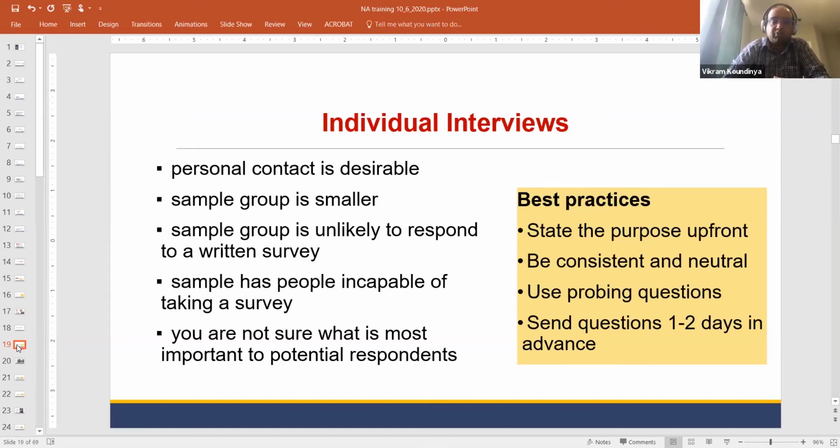And if you choose to adopt this method, some best practices are: state the purpose up front, be very clear about your goal, like why you are talking with them. So it will be very efficient in terms of time and also to get valid data. And be consistent and neutral with all the respondents, like have the same questions and ask them in a neutral